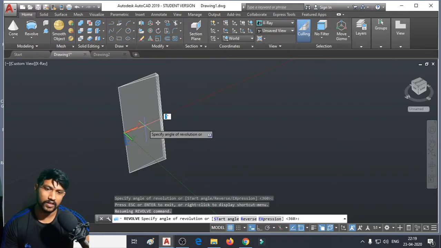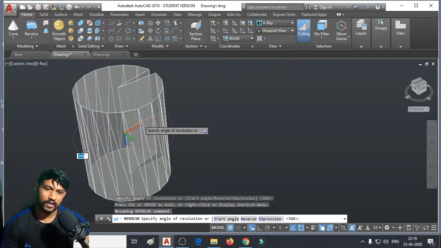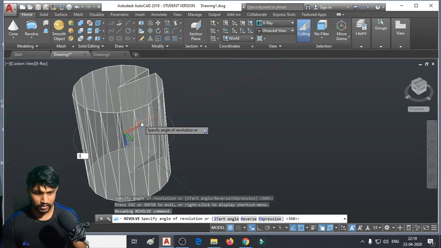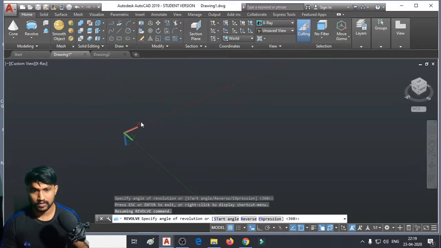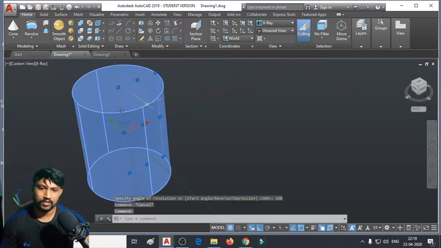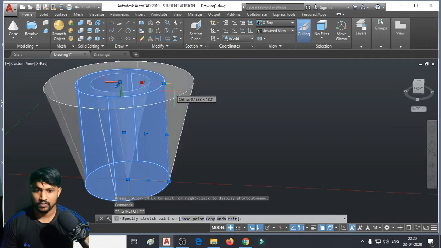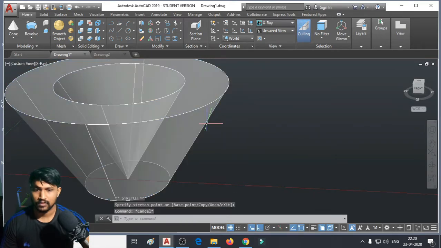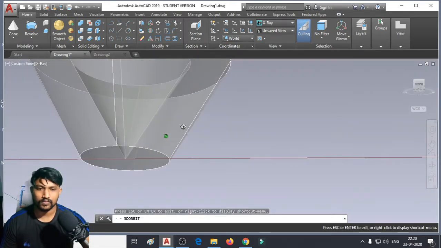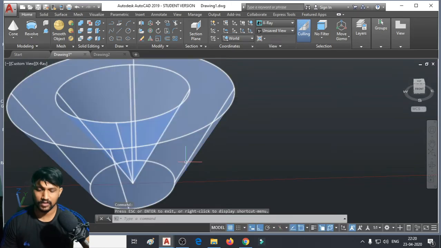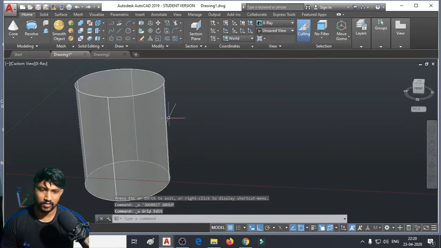Similarly, right now I've taken an angle of 360. Yeah, 360 is fine. I got a cylinder, right? Can you guys see this rectangular geometry? If I change the geometry to something else, it starts producing something else.